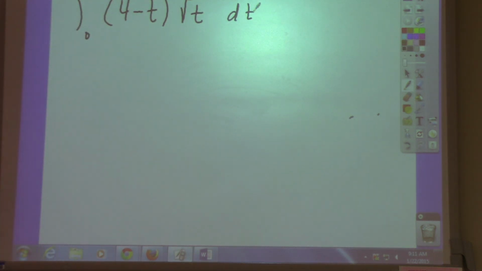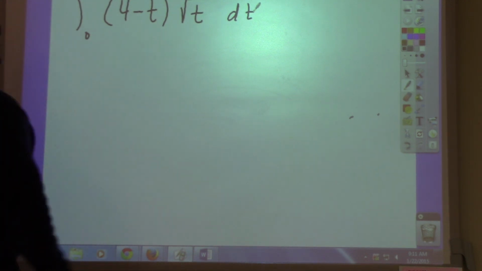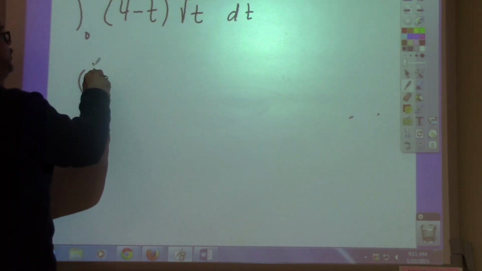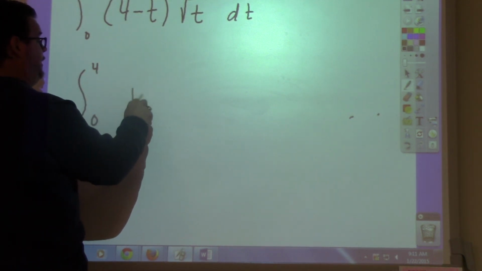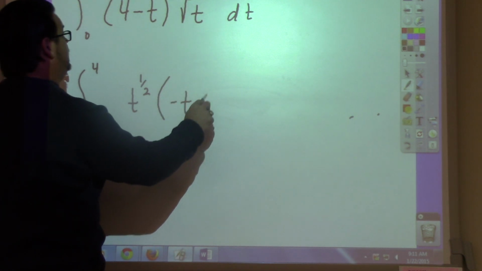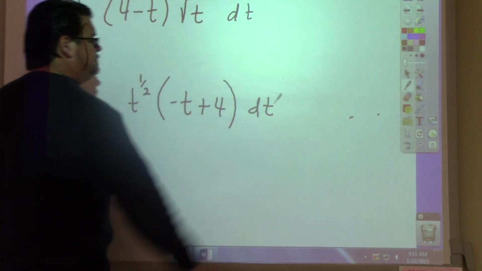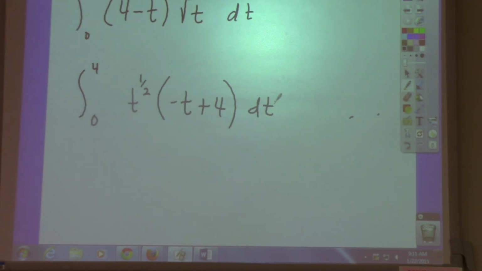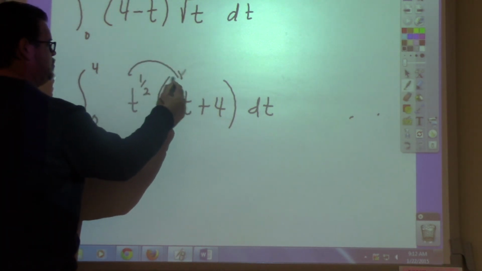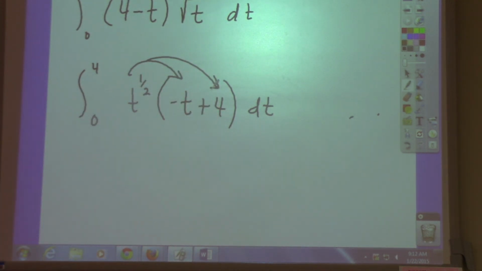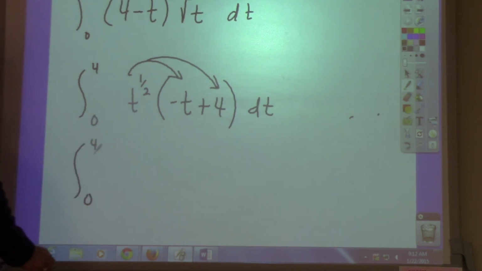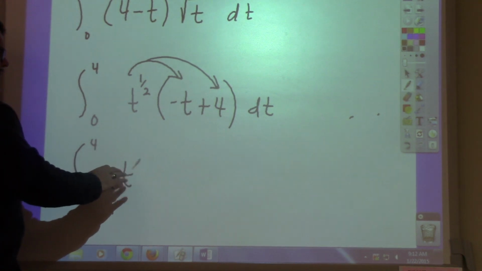All right. First step, radicals and calculus. So what's the first step? Change the radical into what? t to the 1/2. So 0 to 4 of, and look what else I'm going to do. t to the 1/2 times negative t plus 4. Man, what did I do there? I put everything in the order that you were used to seeing. Now what am I going to do? Distribute. Antiderivative 0 to 4. Now be careful here. I'm going to write it out. t to the 1/2